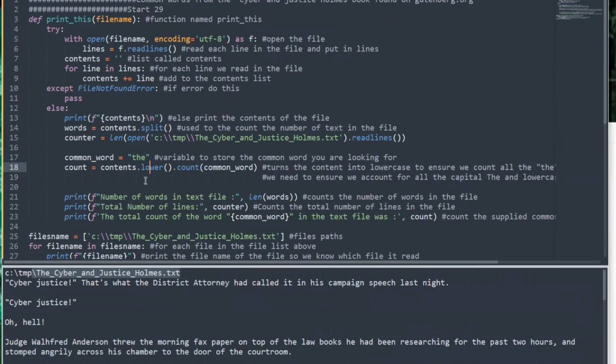And what we have to do is take the contents and send it to the dot lower method, because we want to count for uppercase "the" and lowercase "the". Uppercase the and lowercase the are the same, right? So we have to take all the text in the file and lowercase it, so we don't have any uppercase. Then we're going to check how many "the"s are in the file. So then it's going to count the common word, which is "the",